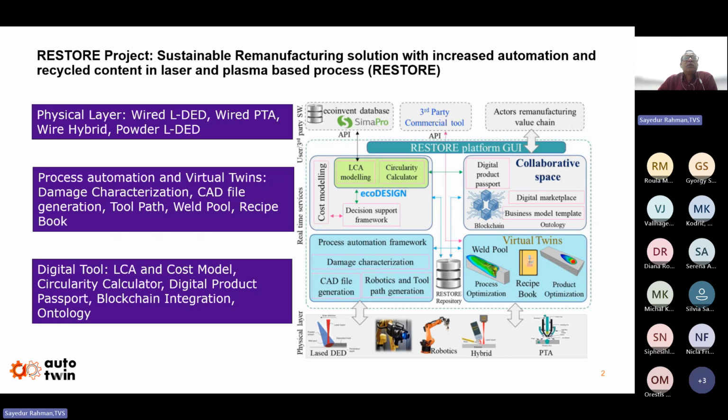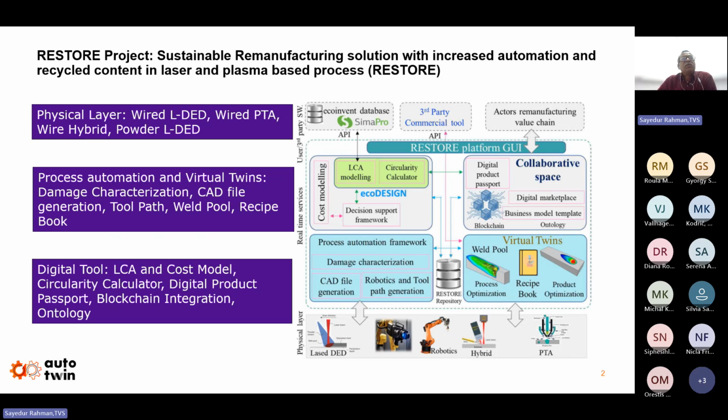Let's dive into the platform structure. At the bottom, we have the physical structure having laser DED or direct energy deposition, plasma transfer arc welding, robotics, hybrid setups, that is LDED, PTA, and a combination of DED and PTA. These technologies perform the actual remanufacturing and feed data into the RESTORE platform.